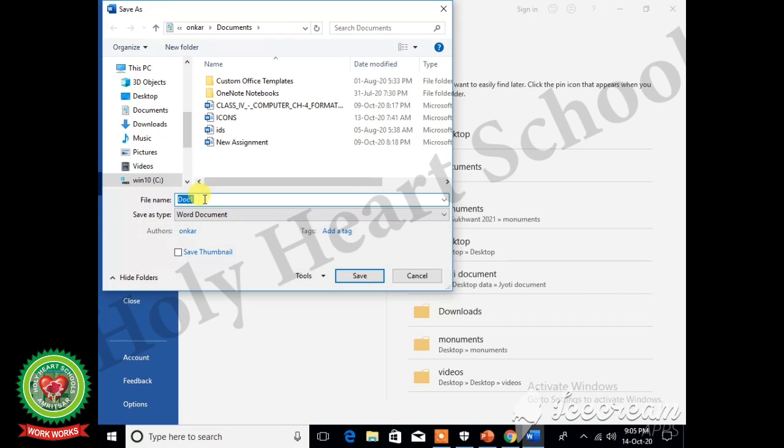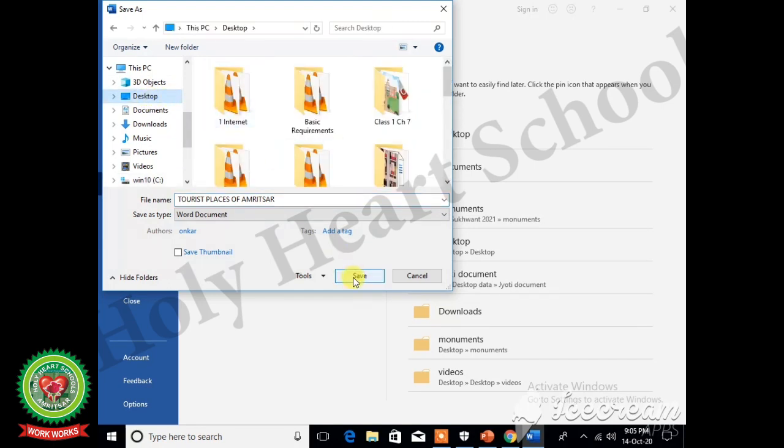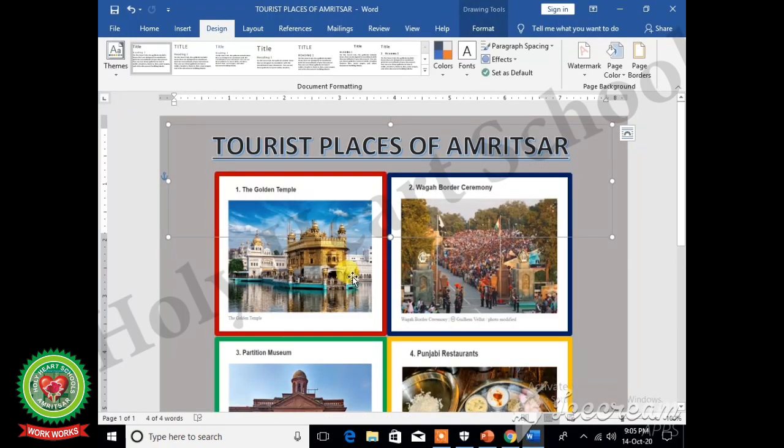Now I am going to type Tourist Places of Amritsar. You can specify the location also. For example, desktop, and click on Save button. So our document has saved with the name at the title bar, that is Tourist Places of Amritsar.